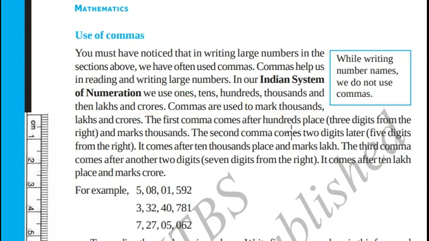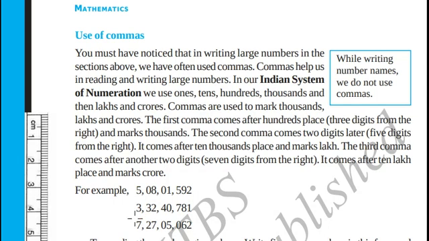The first comma comes after the hundreds place. Let us take this number. We can notice that the first comma comes after hundreds: unit, 10, 100. Here is the comma. The second comma comes 2 digits later. We can see after the thousands place and the 10,000s place, the second comma comes into the picture. The third comma comes after 2 digits. You can notice after lakh and 10 lakh, the comma comes into the picture, that is crore. This pattern follows for the rest of the numbers.